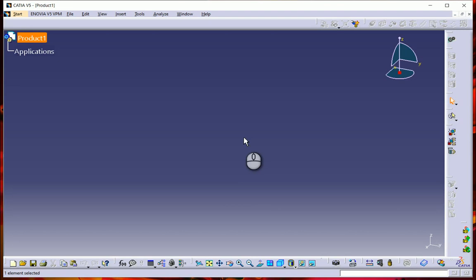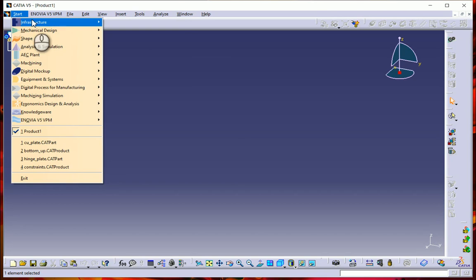Now one thing that is very peculiar in CATIA is that we have different workbenches. In order to launch CATIA, you can double click the icon that we have on the desktop, or you can go to the start menu, find where CATIA is and launch it, right? Once CATIA launches, this is the window which pops up. So this is what happens when we open CATIA, right? Now if I click the start button, you'll see that we have different modules over here.